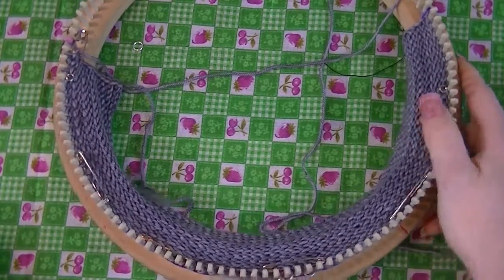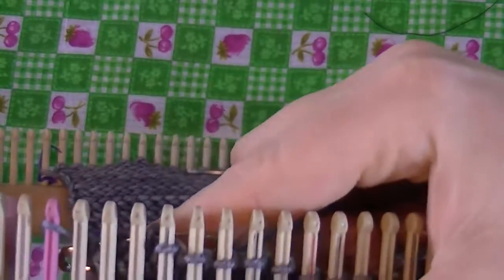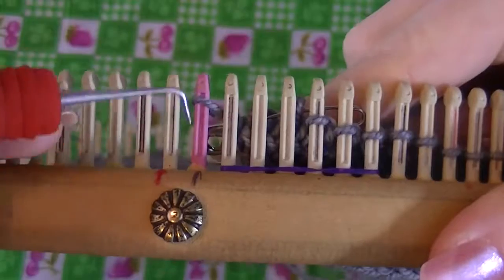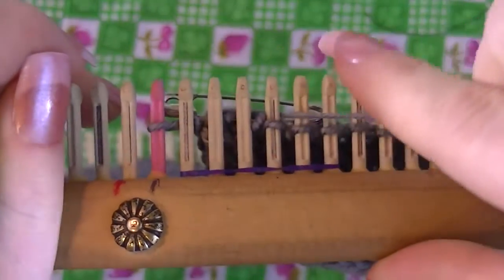So now we can get started. Let me zoom this in so you can see how we do this. Now this is another reason why we have an extra peg at the beginning and end, because it would be kind of difficult to do this. There we go, it's focused. It'd be kind of difficult to do this if this stitch wasn't here. So what we're going to do,